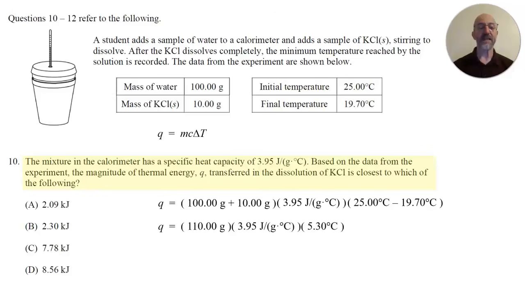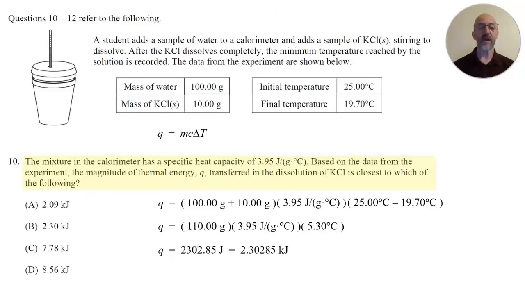So we have 110 grams of solution. So 110 times the specific heat capacity, 3.95 joules per gram degree Celsius, times the delta T, 5.30 degrees Celsius. And when I put those numbers into my calculator and multiply, I get 2,302.85. And if I divide by 1,000, that would be